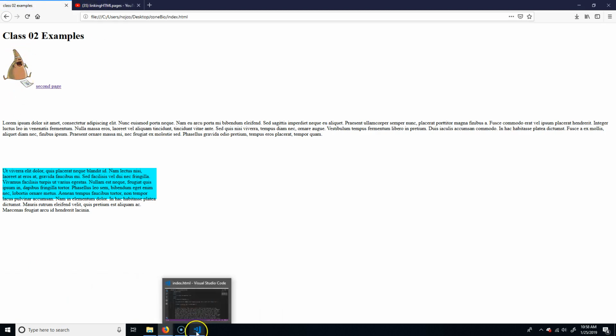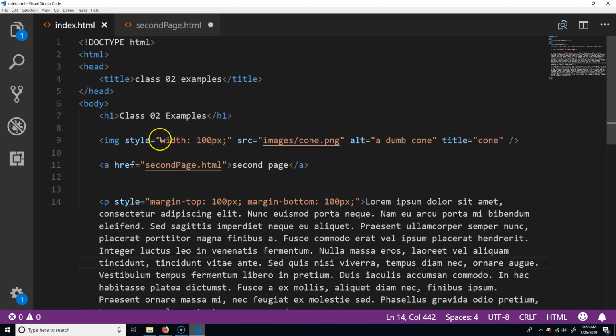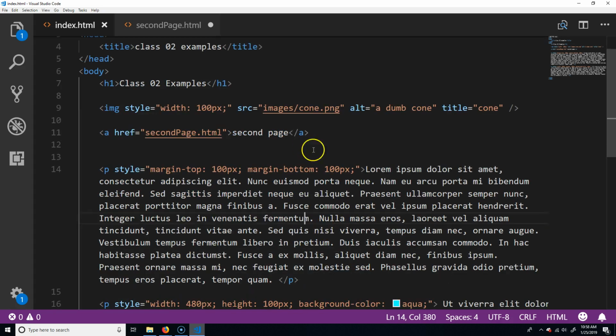I know last time we just straight up wrote width, but you can actually write style width, which is more correct. It's generally better to do it this way and not just write width. You want to do the style instead. Okay, so you can also do the width and height of the content. And you can do